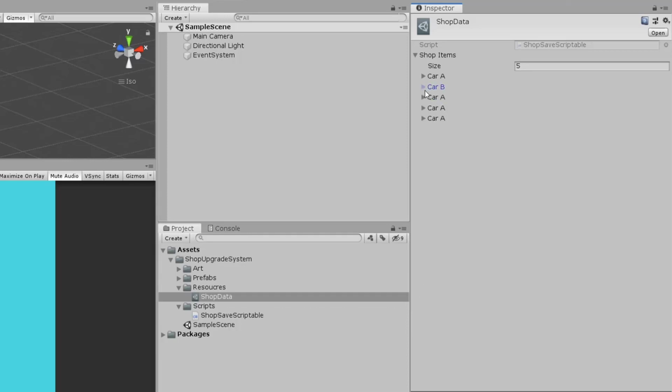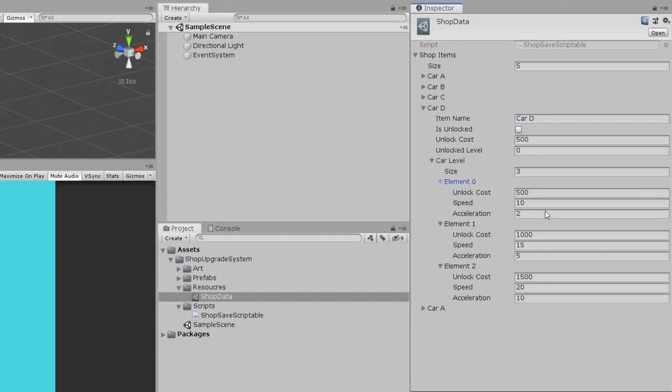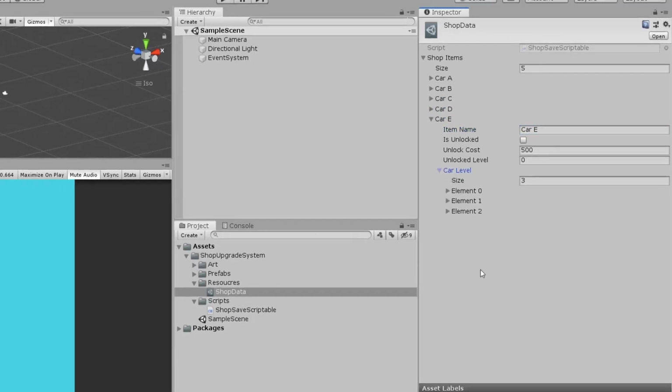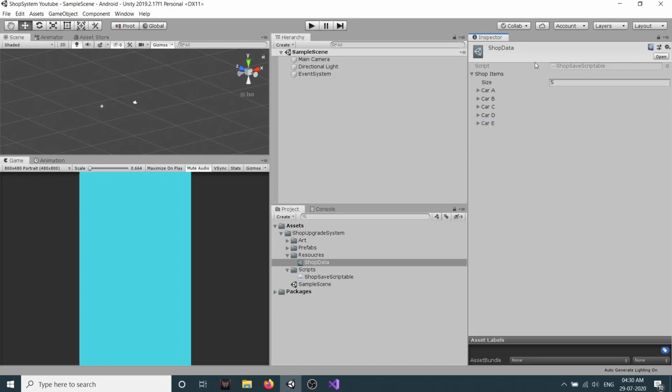So this is not unlocked. You can have as many cars as you want, it doesn't matter. Okay, so now we have the information.